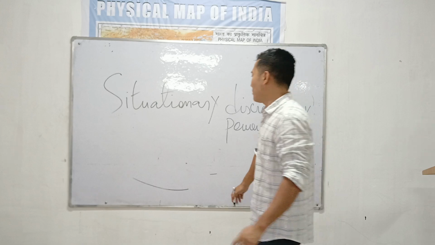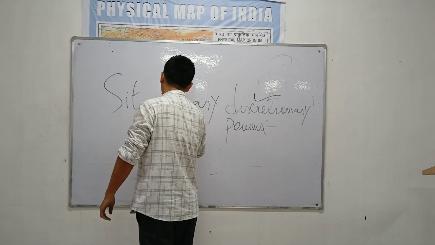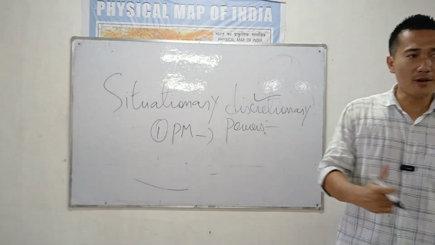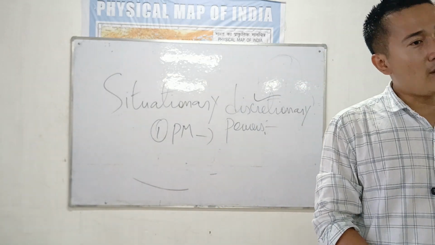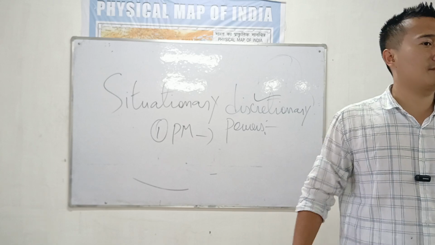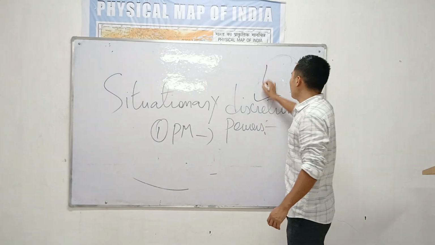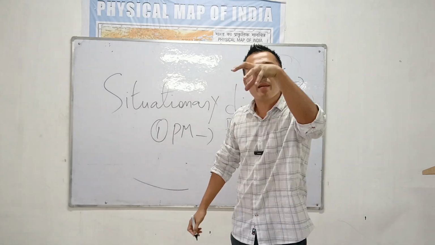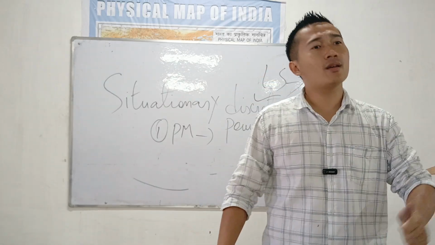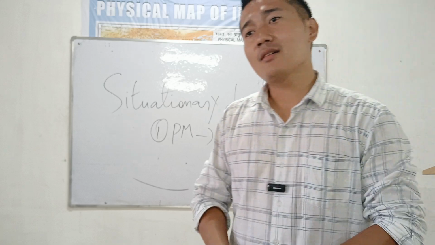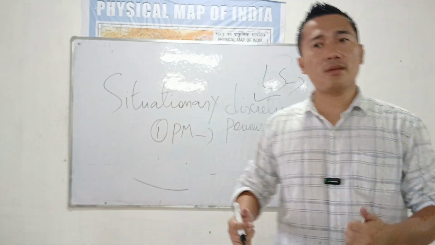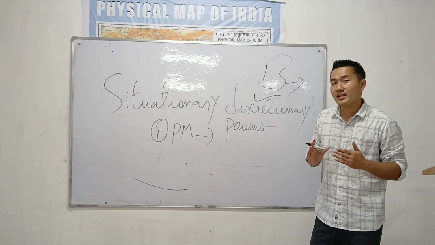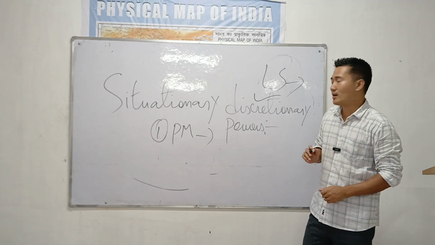So let's see. Appointment of a Prime Minister when no political party gets absolute majority. The first power: appointment of a Prime Minister after the general election. Suppose we have the Lok Sabha. The political party which gets a majority in the Lok Sabha is going to be running the country, and they will elect a Prime Minister. But take the example: our Prime Minister Narendra Modi is the Prime Minister because he has an absolute majority in the Lok Sabha. Here comes a condition.